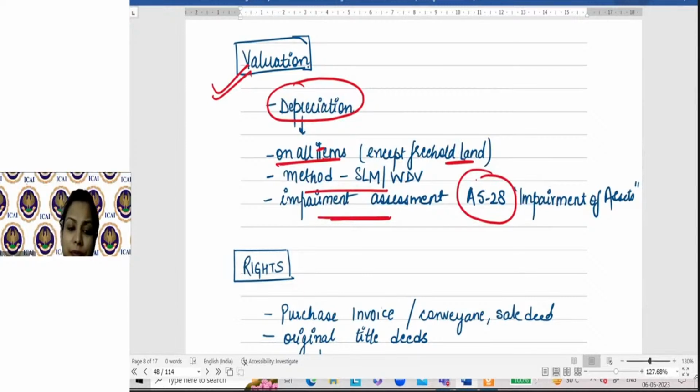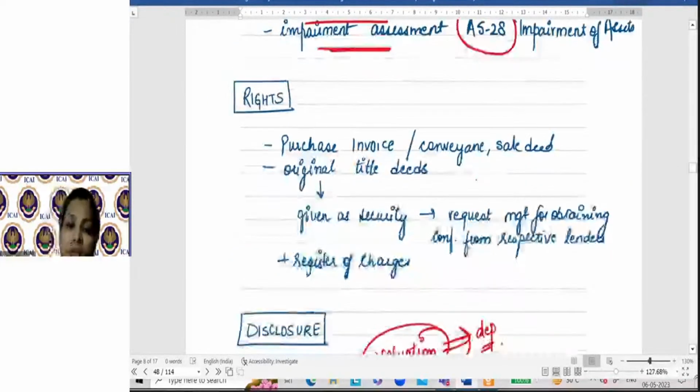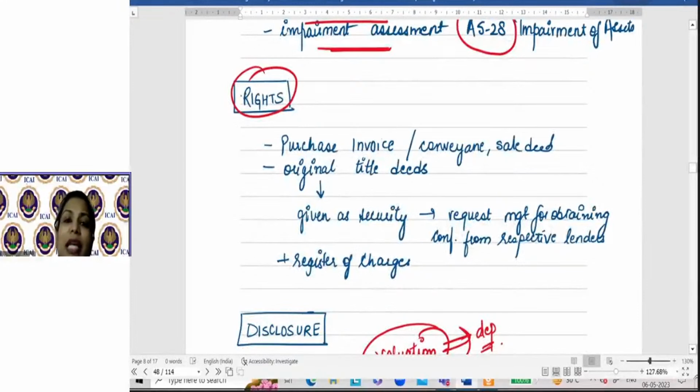Is it clear? ठीक है? Now with respect to the rights, अगर प्लांट एंड मशीनरी है या अदर देन लैंड एंड बिल्डिंग है तो परचेज इनवॉइस ऑडिटर विल सी फर्नीचर फिक्चर्स प्लांट एंड मशीनरी. In case of your land and building, sale deed, title deed. If the original title deed is not with the organization, let's say it has been given as a security, then